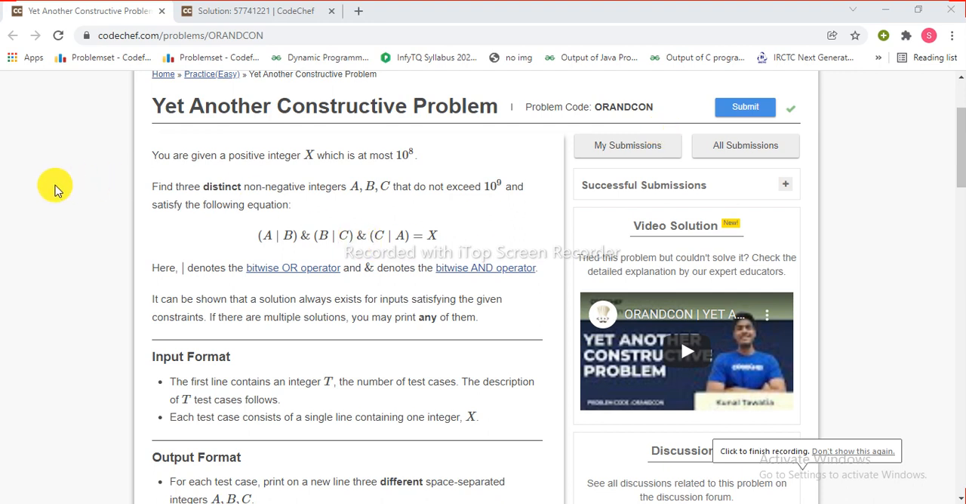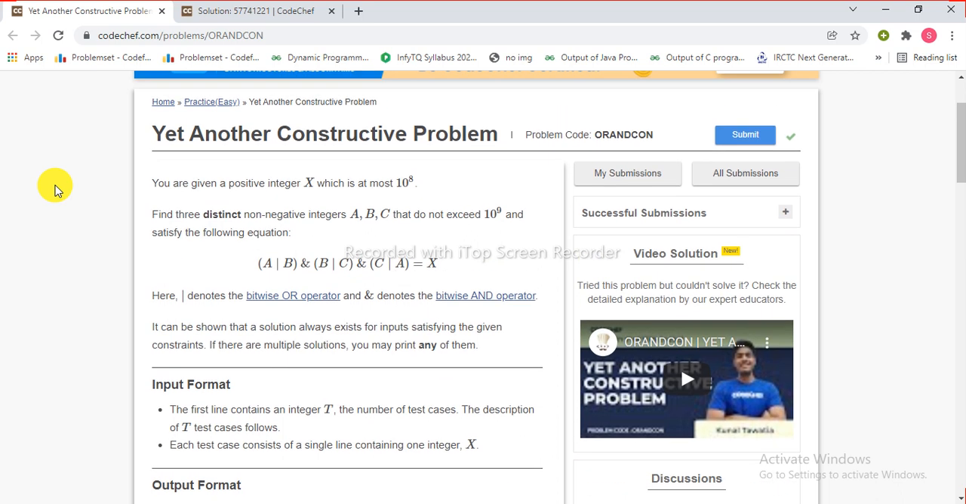Today we are going to discuss Codeforces Round 24th question, yet another constructive problem. This question is basically based upon bit manipulation. Now we will see what we have to do in this question. Basically, we are given a positive integer x which is at most 10 raised to power 8. We have to find three distinct non-negative integers A, B, C that should not exceed 10 raised to power 9 and